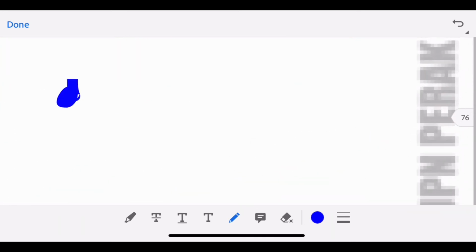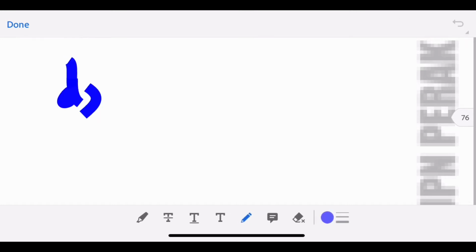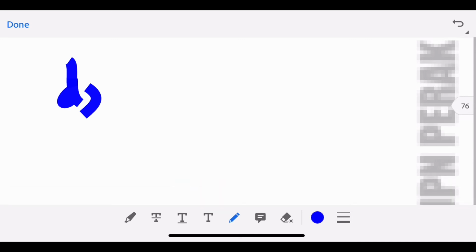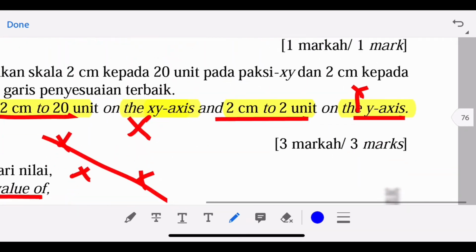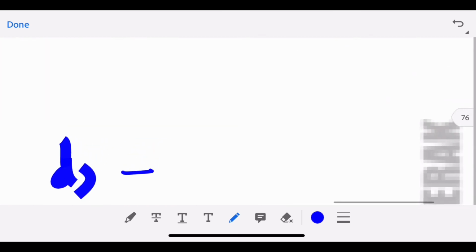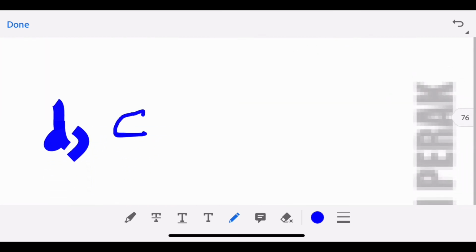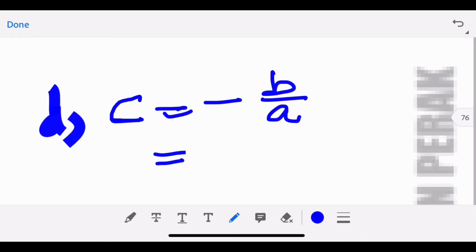So for part D, we substitute c is negative b over a. We have negative b over a. Okay, this is our new y-intercept, negative b over a. Our b, we just invert the answer, right? So that means just 1 over